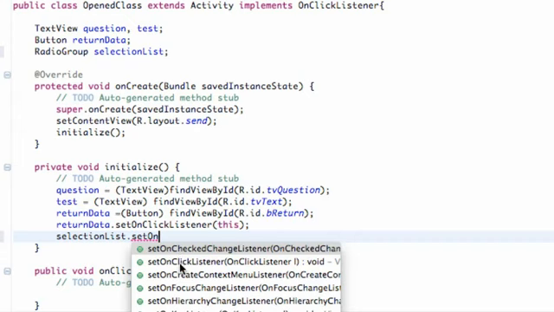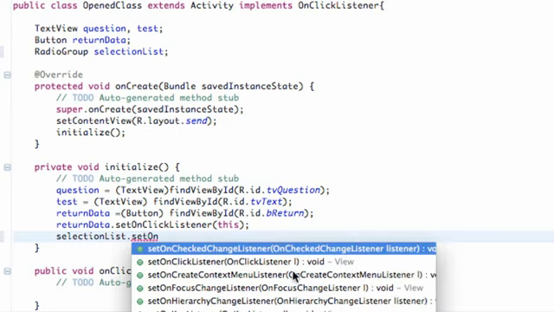Again, we could do OnCheckedListener, but it's better to say OnCheckedChangeListener, because anytime one of those radio buttons within this radio group is clicked, it's going to call this method, basically the OnCheckedChangeListener. As you can see here within its parameters, it takes a variable type or object for the most part,